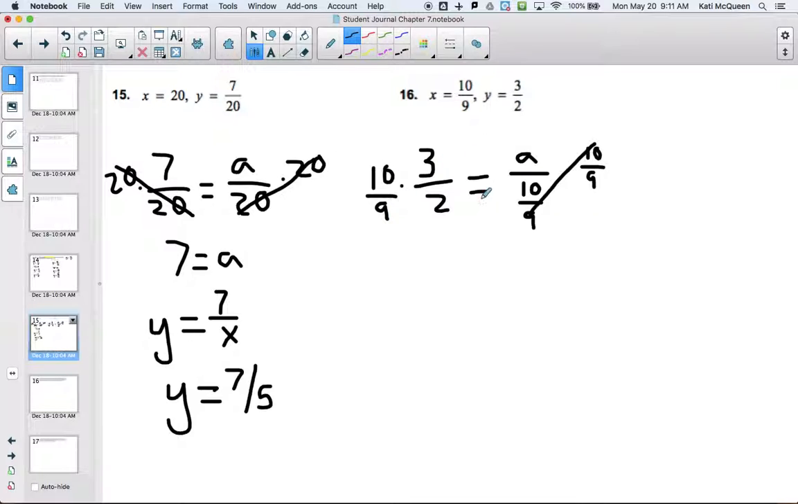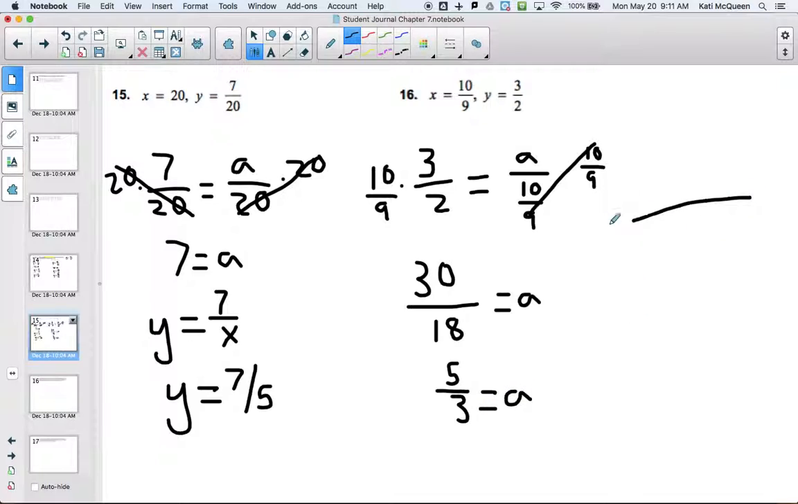So I'm going to multiply straight across the top and across the bottom. So I get 30 over 18. And then I want to simplify that. So let's see. I can divide both of those by 6. So 30 divided by 6 is 5. 18 divided by 6 is 3. So A is 5/3, which gives us our equation here of